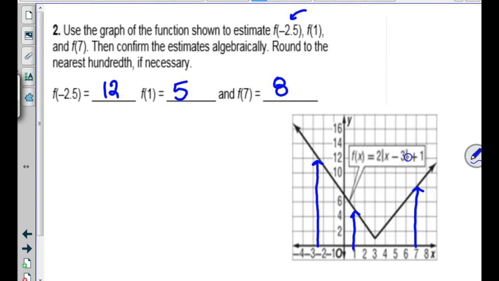Okay, 7 minus 3 is 4, times 2 is 8, plus 1 is 9. Yeah, this is supposed to be 9. I don't think our graph is very accurate. Anyway, I think on the quiz, you just literally have to estimate from the graph on one of those,